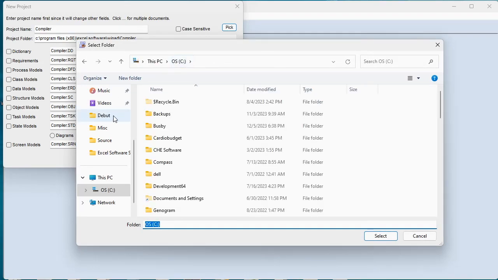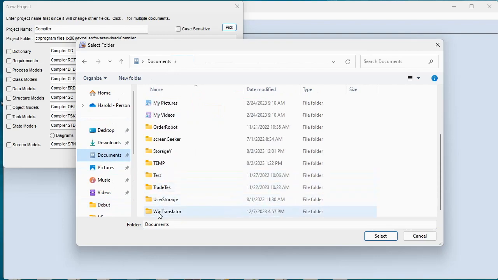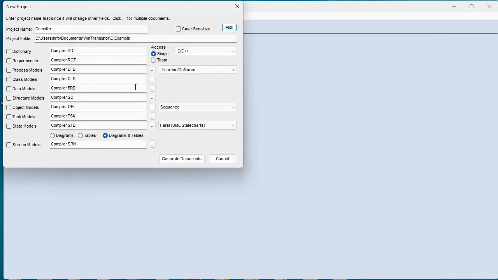So let's navigate under Documents, and we had a folder under WinTranslator and C examples. So that is the path to our project folder, the name of our project, and we want a dictionary and a structure models document. We have the C programming language already selected, so we're going to click Generate Documents,